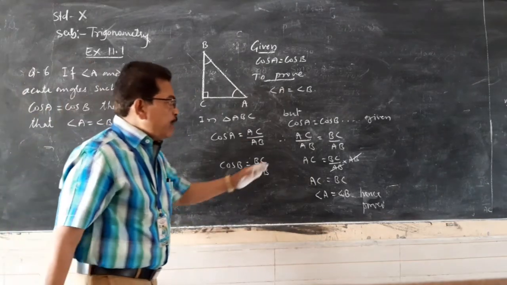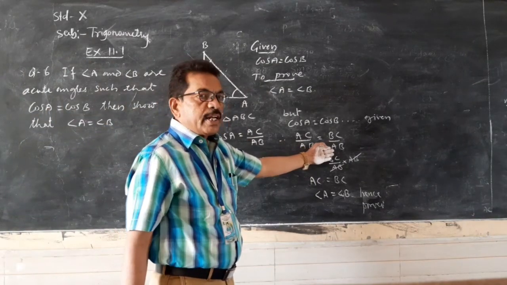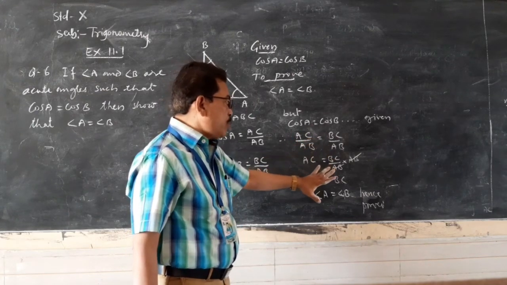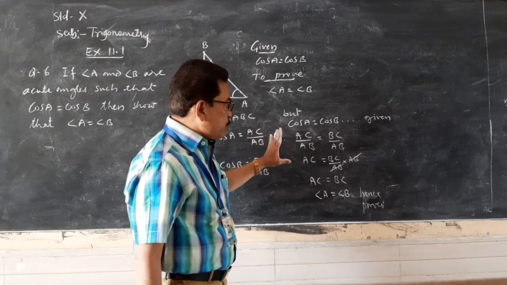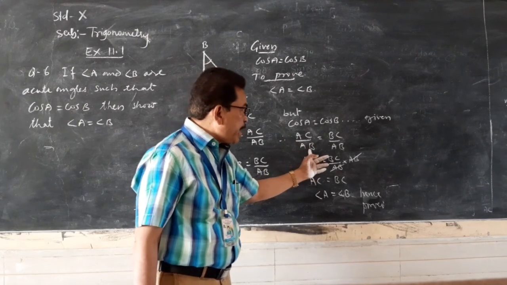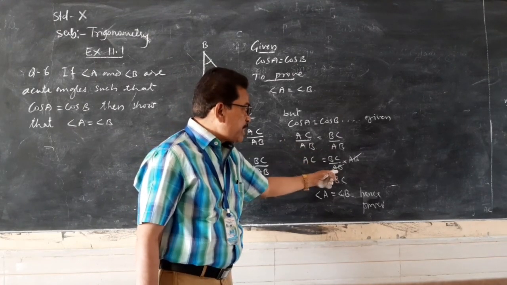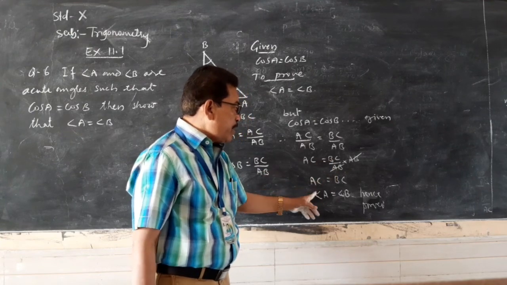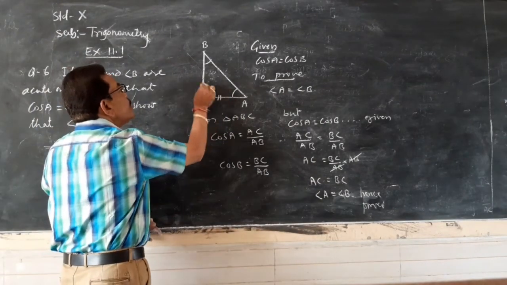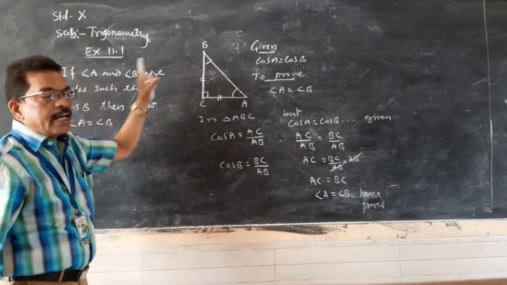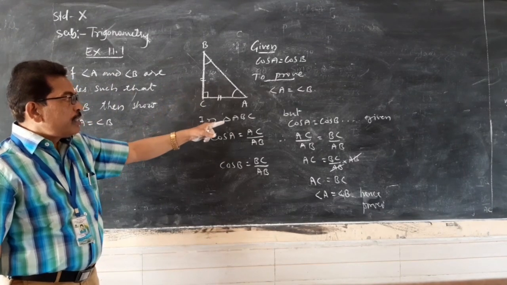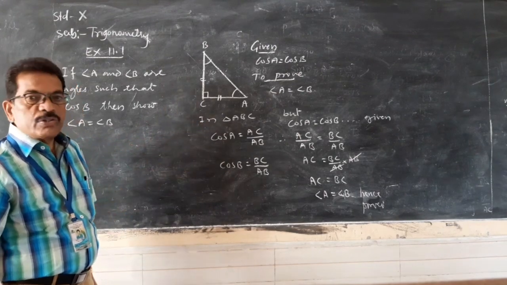You can directly leave this one. Denominators are same, so you can leave the term AB. Equate this one: AC equals BC. Some students will get confusion about where AB has gone. So I have cross multiplied AB to the next term. AB gets cancelled. Therefore AC equals BC. If these two sides are equal, then the related angles are equal, by the isosceles triangle theorem. So this statement is proved. Angle A equals angle B.